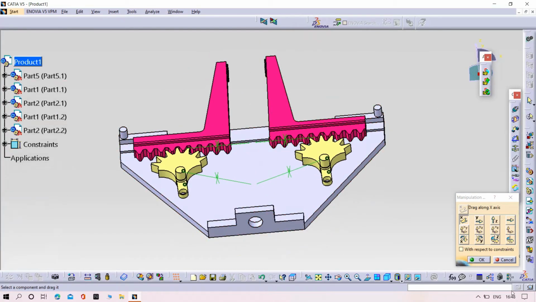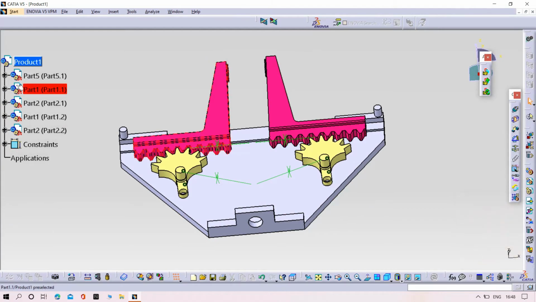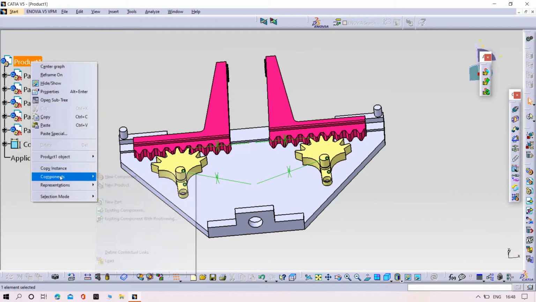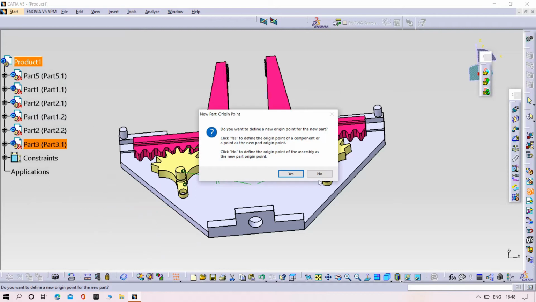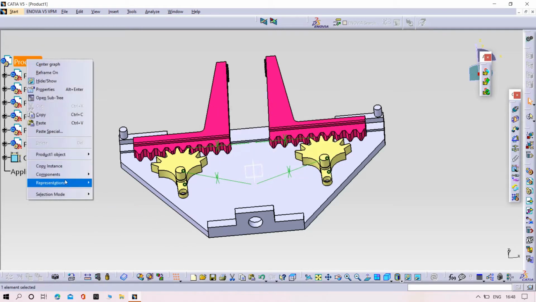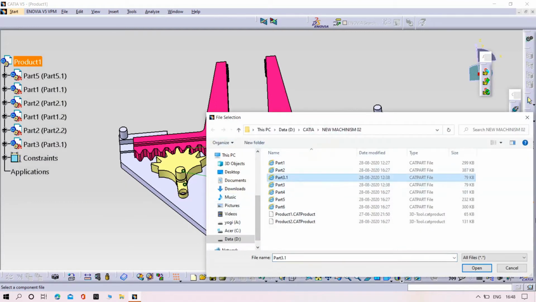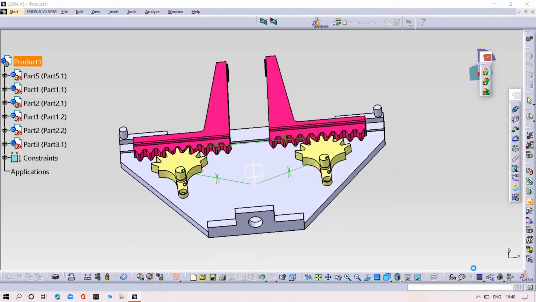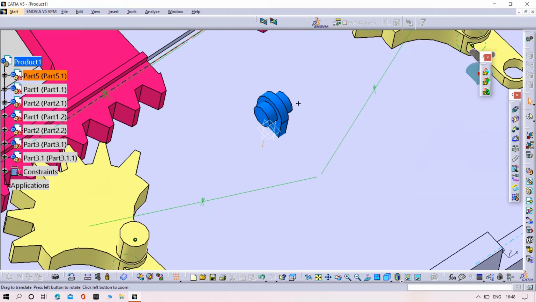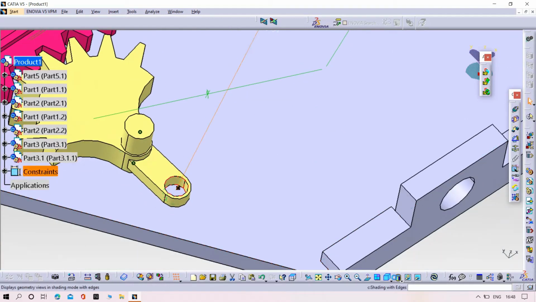Now we need to insert the links, means components, existing components, 3.1. Simply try to make it coincident with part number 1.